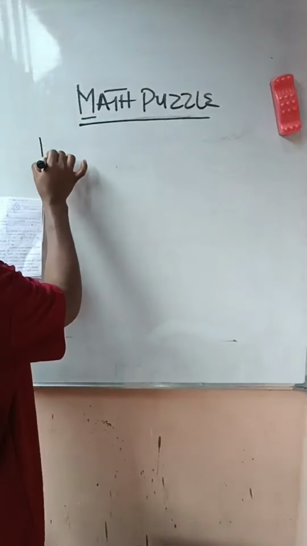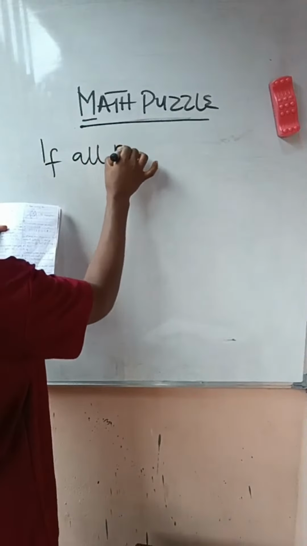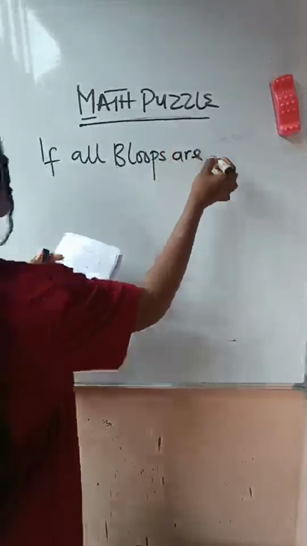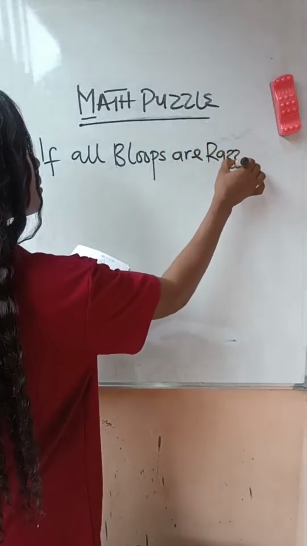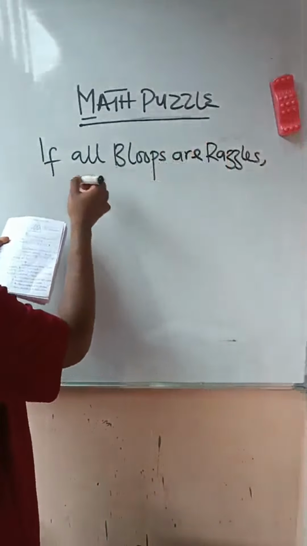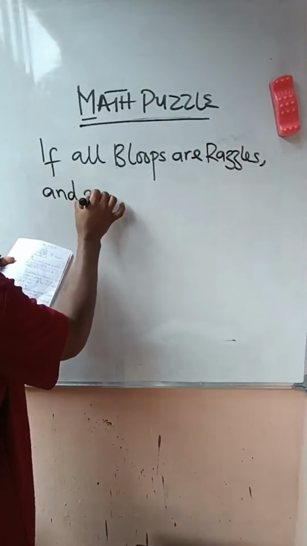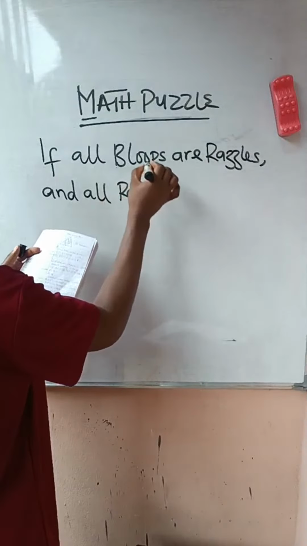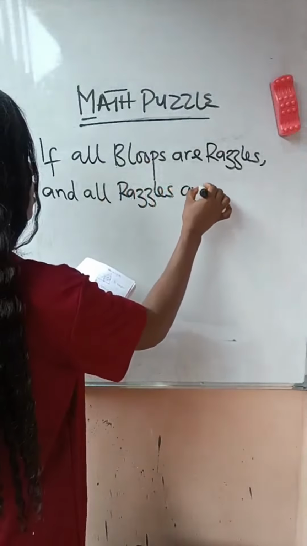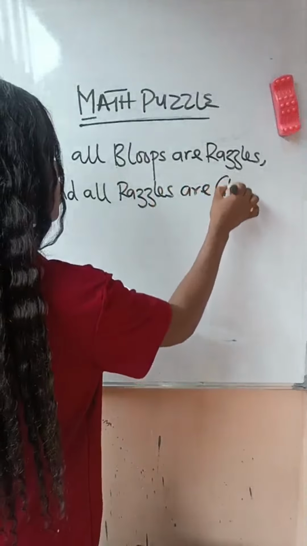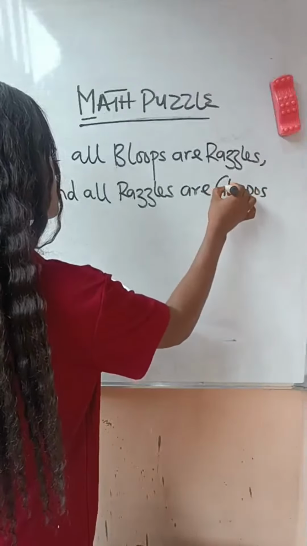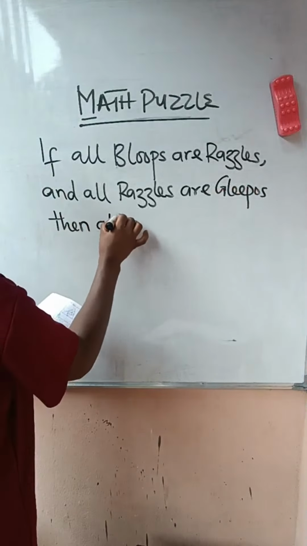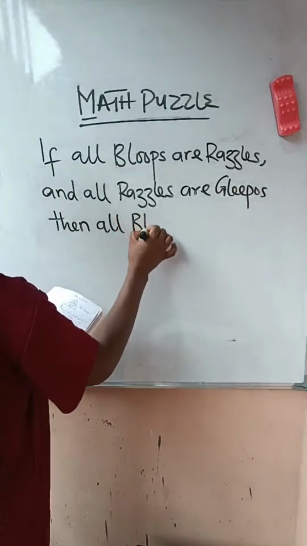It says, if all loops are roses, and all roses are glyphos, then all loops are definitely